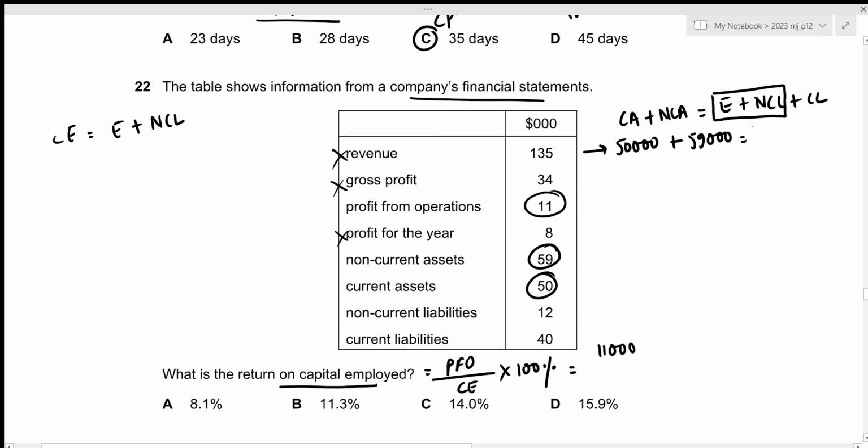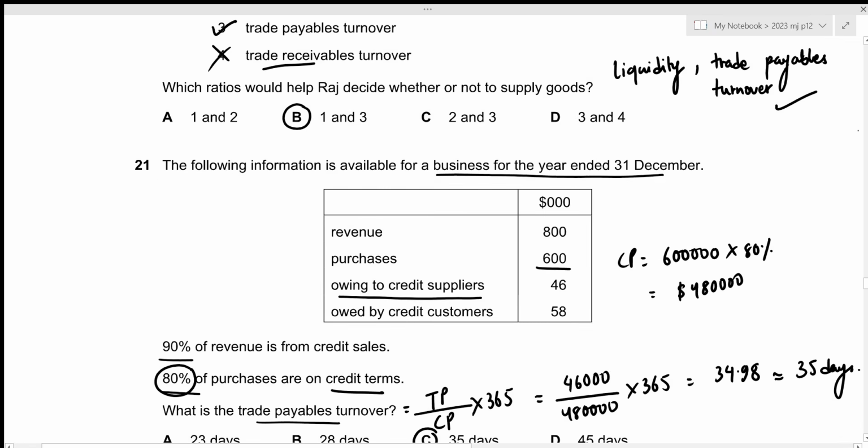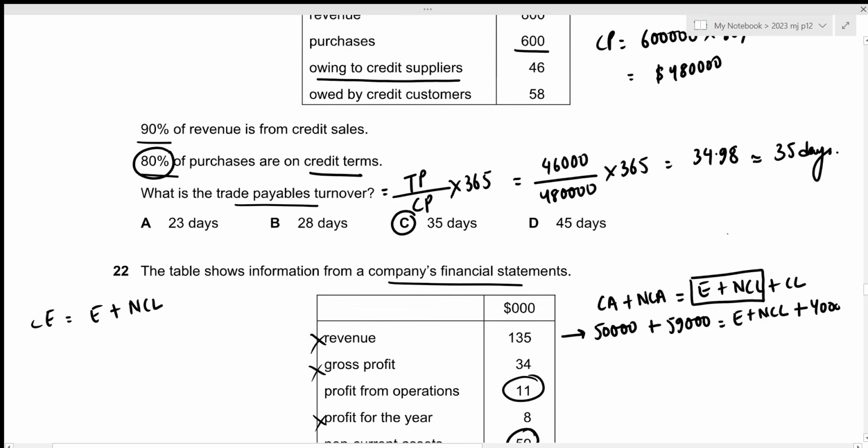We're trying to figure out equity plus non-current liabilities, and current liabilities is given to be 40,000. Okay, so this gives our equity plus non-current liability to be 50,000 plus 59,000 minus 40,000, which results in the